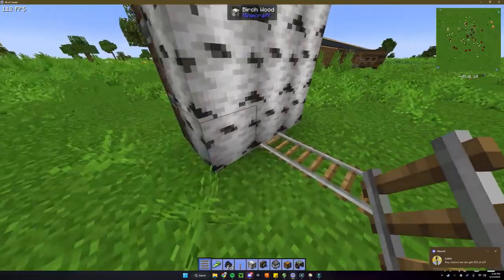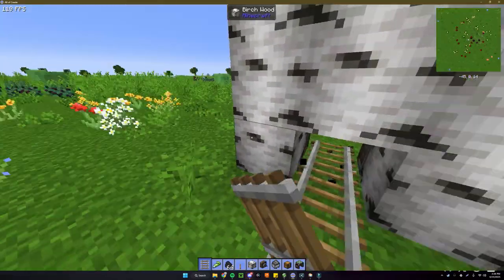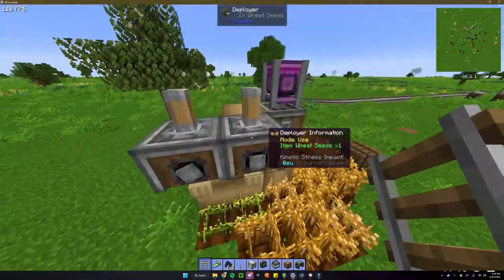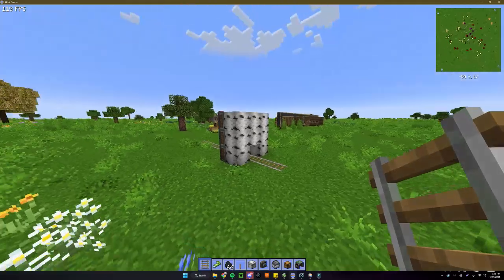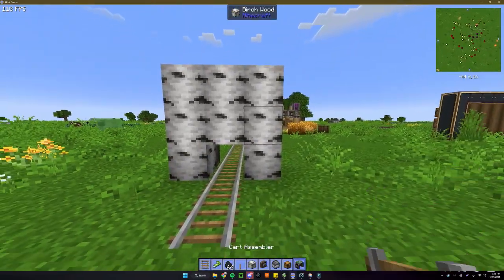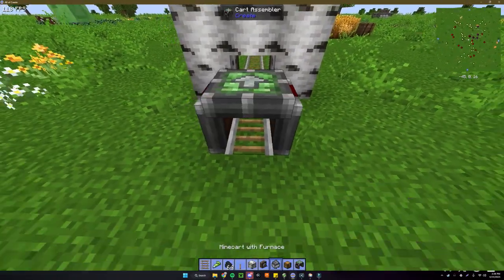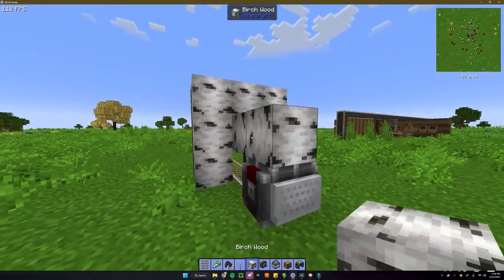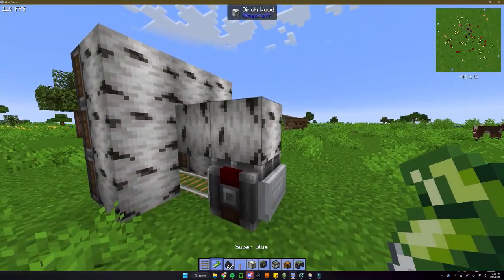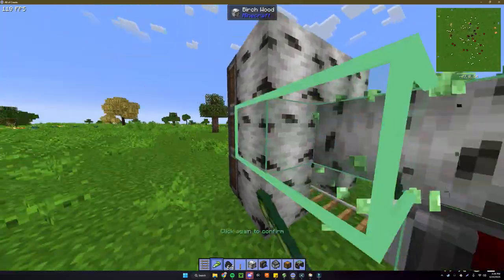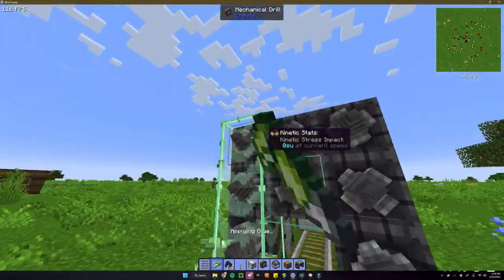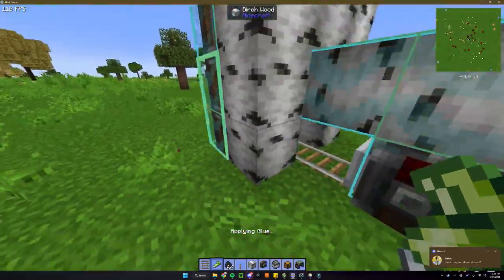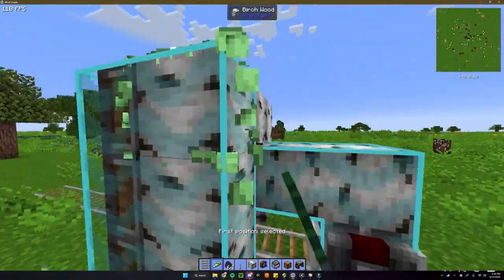and then let's see, if I want to place some of these rails right underneath it, same thing, by the way, you can use deployers on this to automatically place rails. You'll just have to finick with it a little bit. You'll place your cart assembler, place a minecart with a furnace, and then some birch wood on there. You know, this has its top sticky side, so I'm just going to go ahead and attach everything to it, taking care not to attach the rails. But once I get everything else attached,